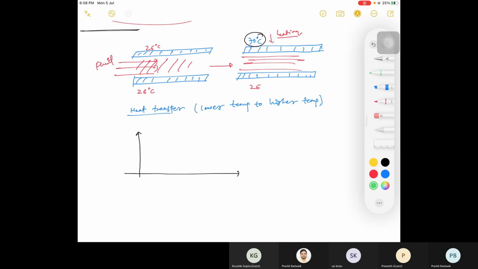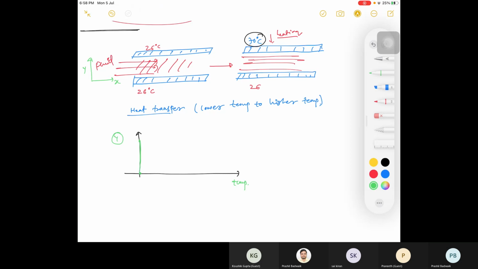you can write this as the y axis and this as the x axis. So with respect to y, initially what was it? Time t is equal to 0. This is your temperature and this is your distance. At time t equal to 0, both temperatures are 26, so you have the same temperature there, right?